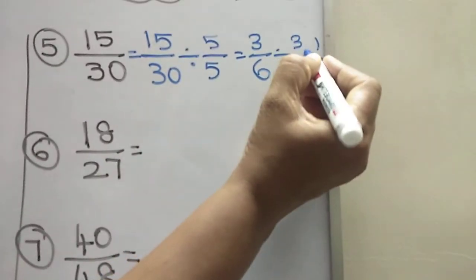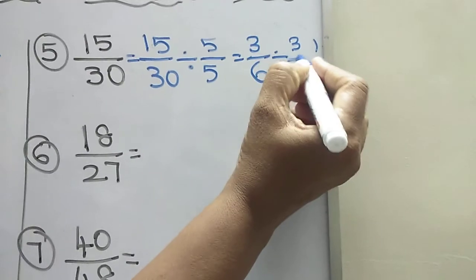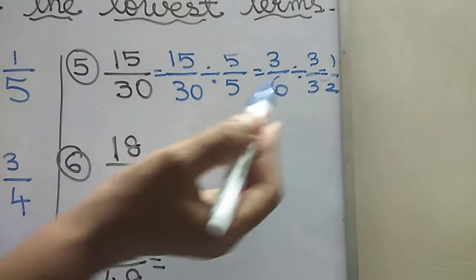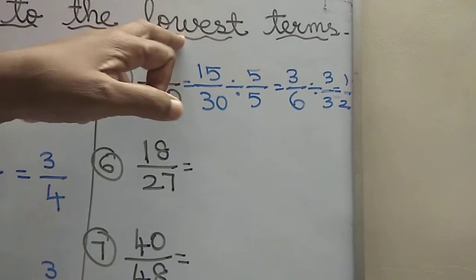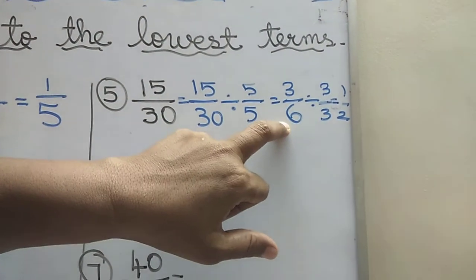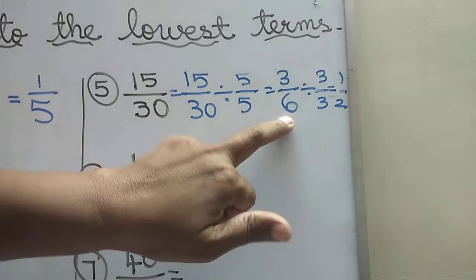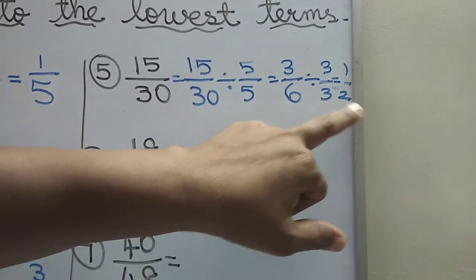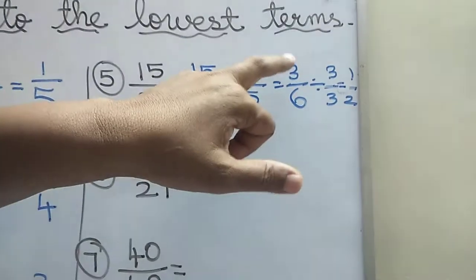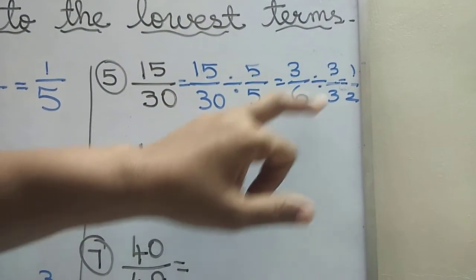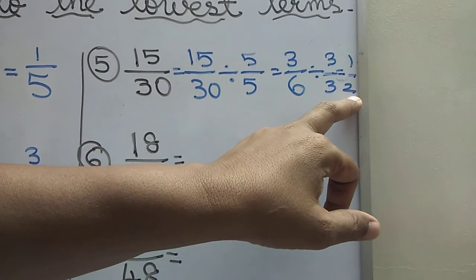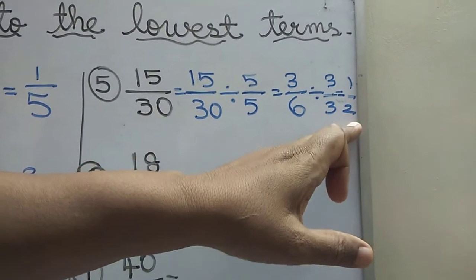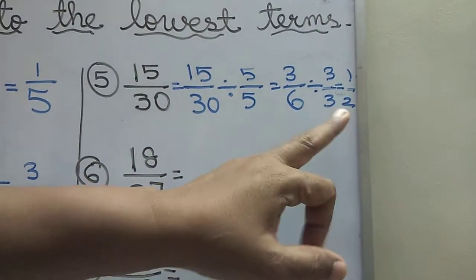1 by 2. Don't forget, I will write and send 1 by 2. So it goes in 2 times. It can be divided, so you have to bring it down to the lowest term. See here, 3 by 6 is the first answer. This 3 by 6 can be again divided by 3. Isn't it, children? So what answer will come? 1 by 2. 1 3 is 3, 3 2s are 6. So what's the answer? 1 by 2. Hereafter you can't divide. So this is the lowest term. Understood, children? Do it carefully.